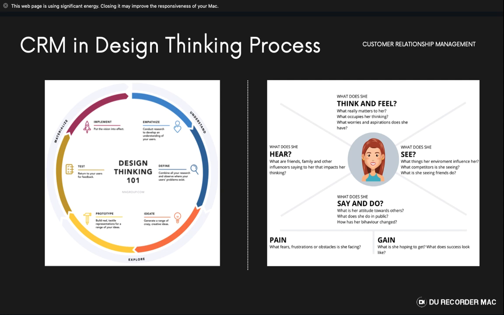You return to your users for feedback, right? So you have something they can relate to on a visual basis. This is where you run them through it and ask them, okay, what do you think about this process? What do you think about this product? Does it meet your need? If you were to change anything in the product, what would you change? If you were to leave anything in the product process, what would you leave? Ask as many questions as possible to gather qualitative and quantitative feedback from your customer group.